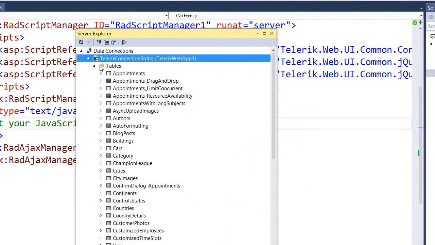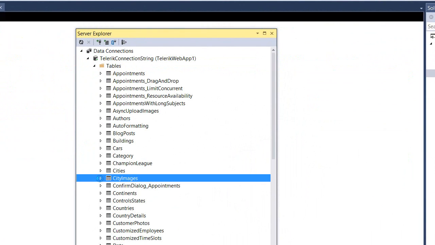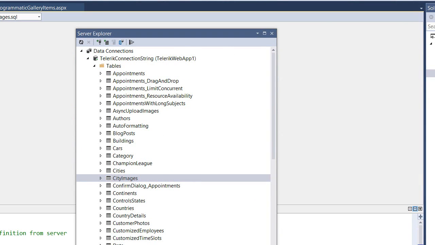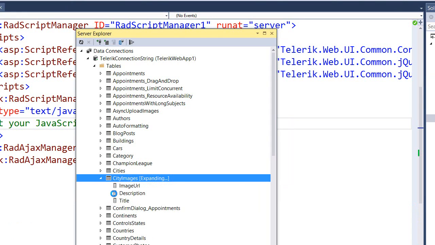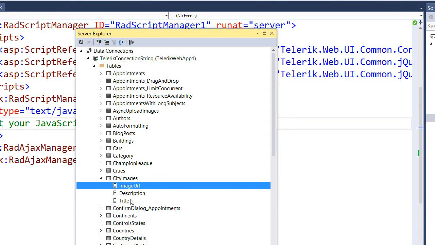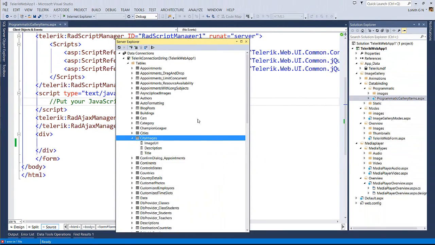So what you see here is a table called city images. So the city images contains columns such as image URL, description, and title. So if I just right click and say show table data,